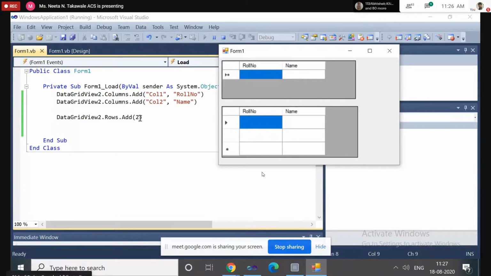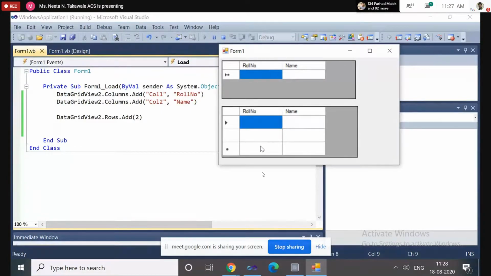Actually, how many rows do we want to add? Two rows. When I have specified 2 here, it has added 3 rows actually. The first row is identified with index 0, the second row with index 1, and the third with index 2.